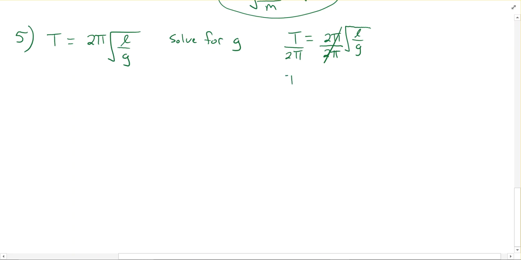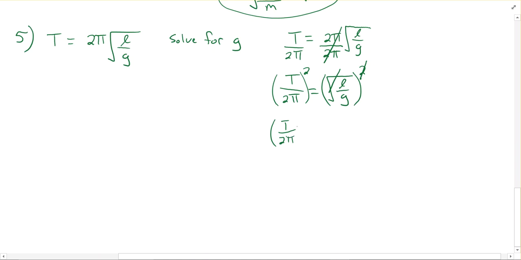So what we have left is T divided by 2 pi is equal to the square root of L divided by G. And you might be saying, okay, now let's get rid of the L or something like that, right? But what we got to do first is we need to get rid of the square root symbol. And the way we do that, just like before, we need to square. Well, I guess it's not just like before. Before we had a square and square rooted it. But we have to do the opposite. So we had a square root. We need to square both sides. So if we do that, remember that a square and a square root, they cancel each other out. So this square and that square root symbol over here, they both disappear now. And what we have left is just